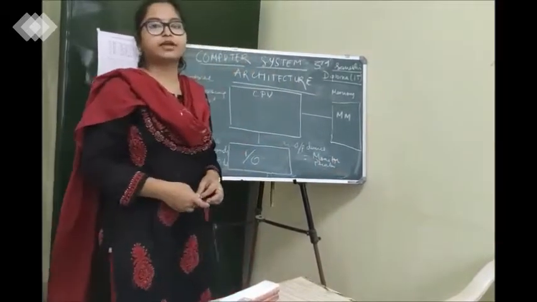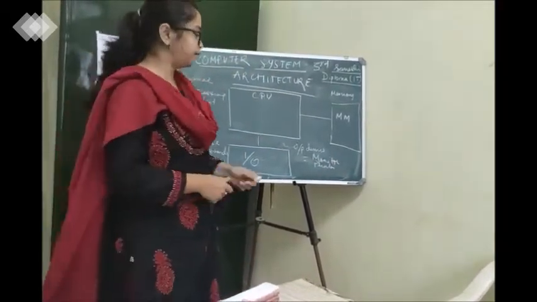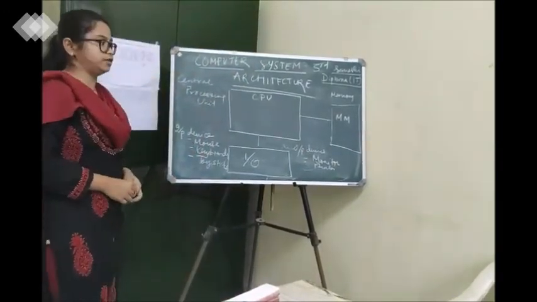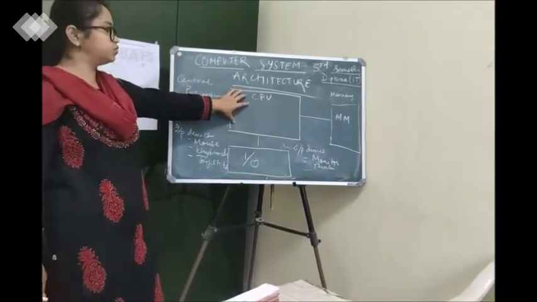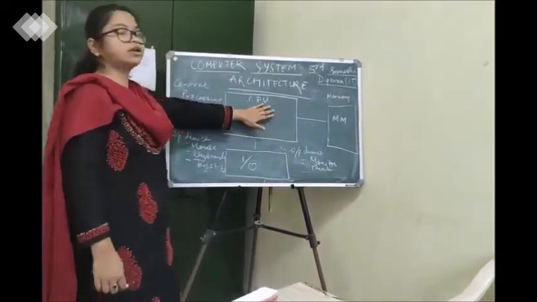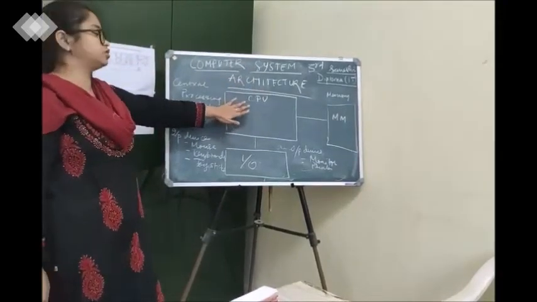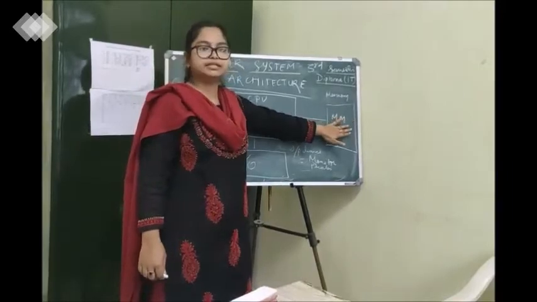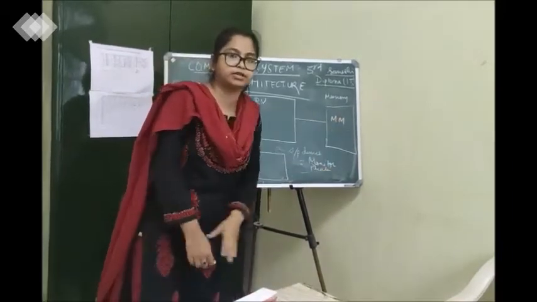Through a printer, we can print our output. Okay. So these are some of the popular examples of output devices. So what are the functional units of a computer system? One is the CPU. We can call it the most essential functional unit of the computer. Secondly, we have memory. Basically, we are talking about main memory here.